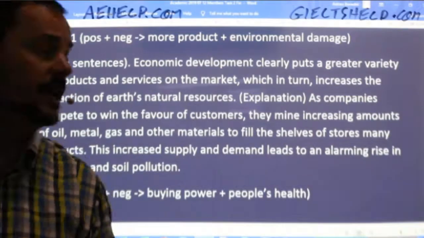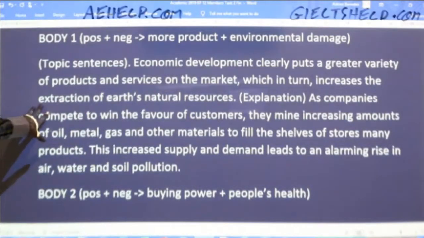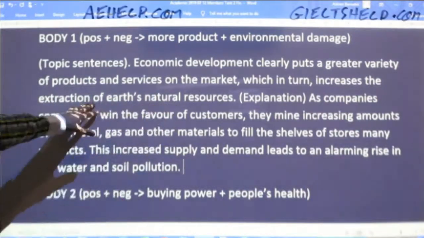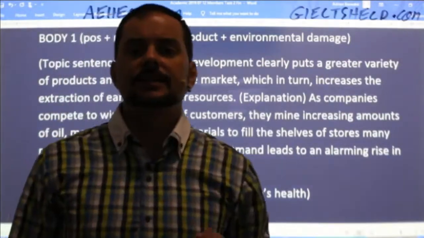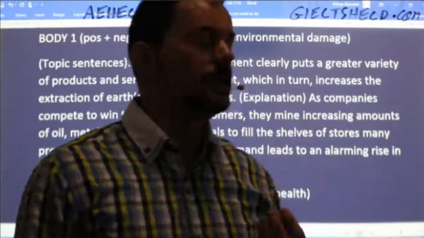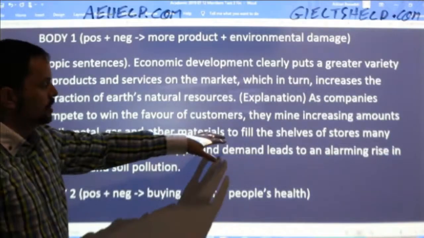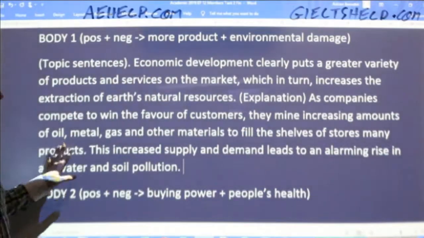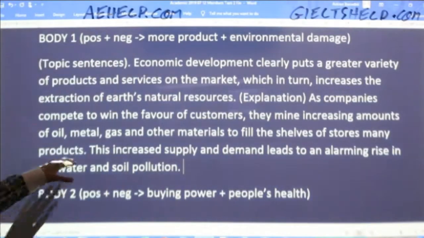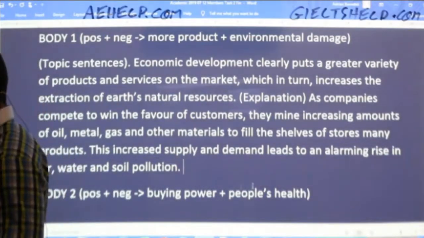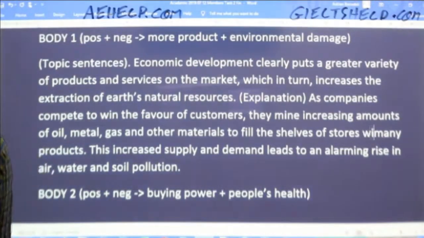Okay, so there is my explanation of what I mean about more products and services leading to putting pressure on Earth's natural resources. So here's my detailed explanation. So again, to get this detailed explanation, what do you think I'm using? So what strategy am I using to come up with this idea? As companies compete to win the favor of customers, they mine increasing amounts of oil, metal, gas, and other materials to fill the shelves of stores with many products. This increase in supply and demand leads to an alarming rise in air, water, and soil pollution. What do you think I'm using